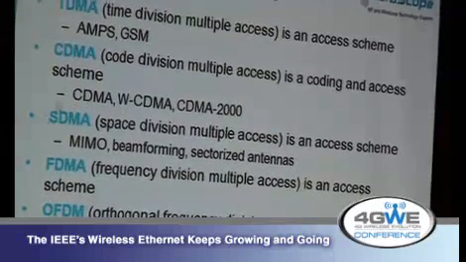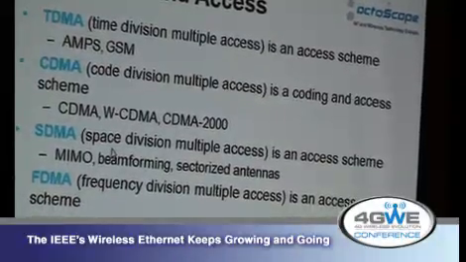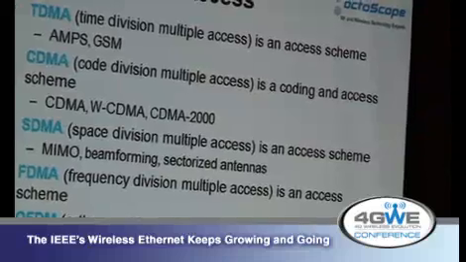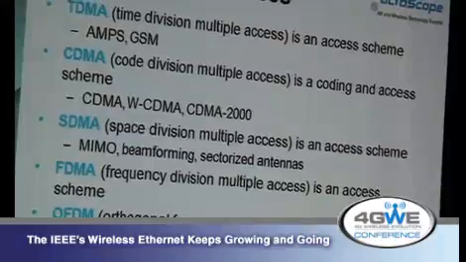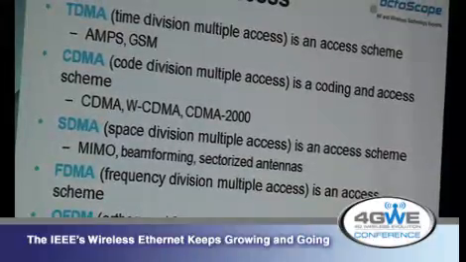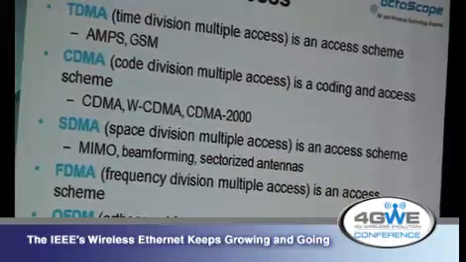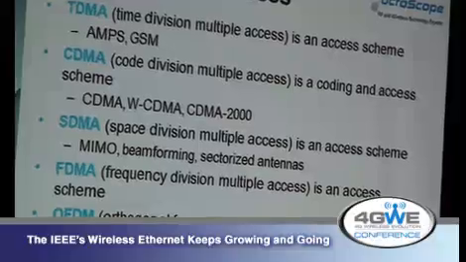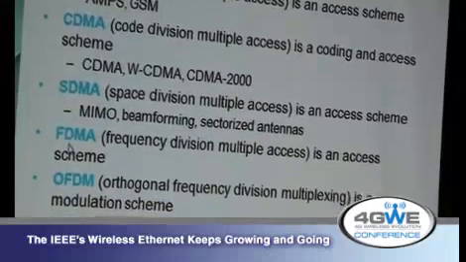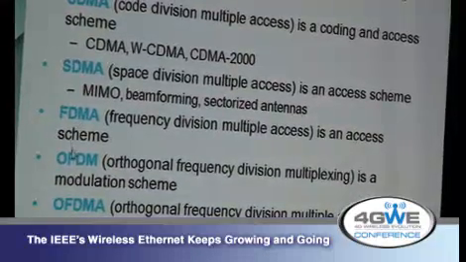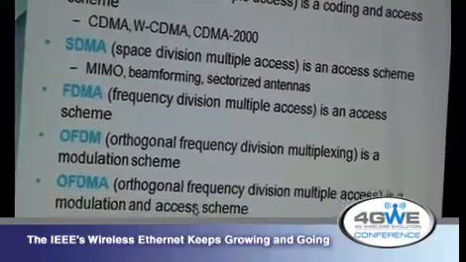SDMA is something new, and it's all related. These four are somewhat related. As we start running out of spectrum and time, how do we fit more data in? We start doing spatial multiplexing. We transmit different data in different slots of space. So SDMA is related to MIMO and beamforming. We're going to cover that. FDMA, frequency division multiple access, started out in some satellites, not used in mainstream, but it evolved into OFDM and OFDMA. So let's take a look at what all of these things are.